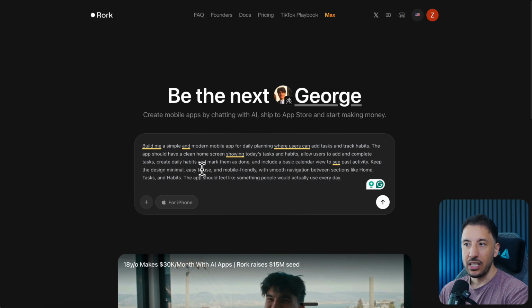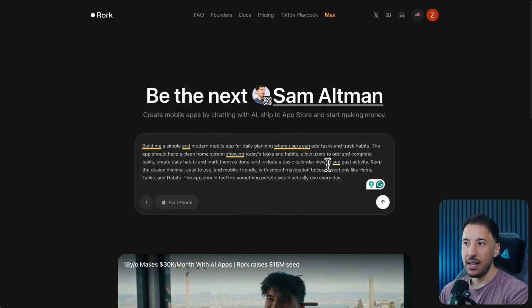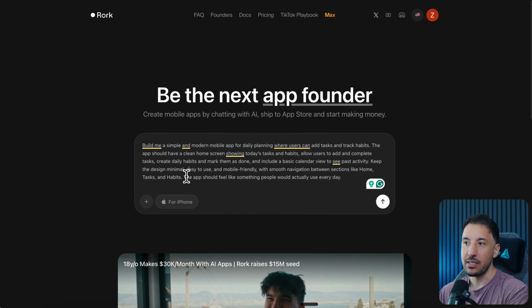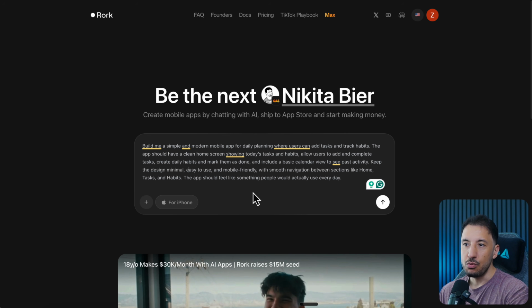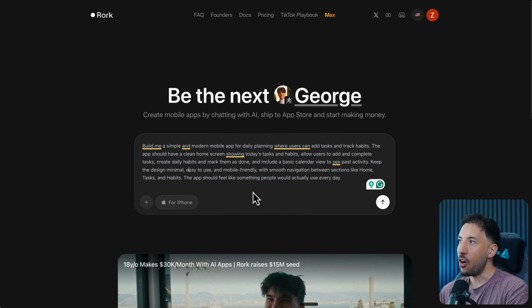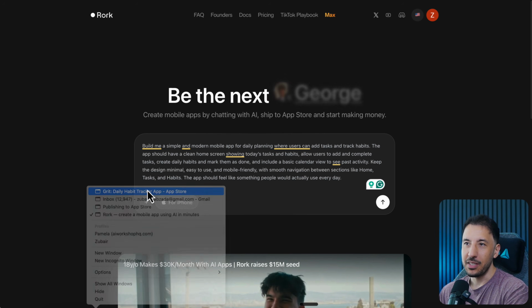The app should have a clean home screen showing today's tasks and habits, allow users to add and complete tasks, create daily habits and mark them as done, include a basic calendar to see the past activity, keep it minimal, easy to use, mobile friendly. Right. And again, all of this is based on the fact that I'm trying to build something similar to